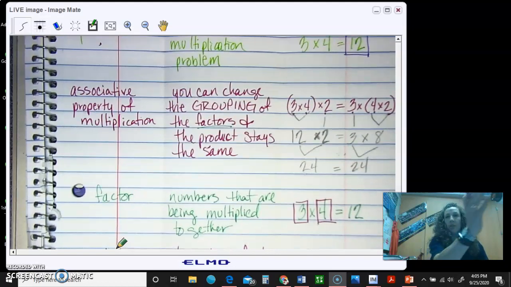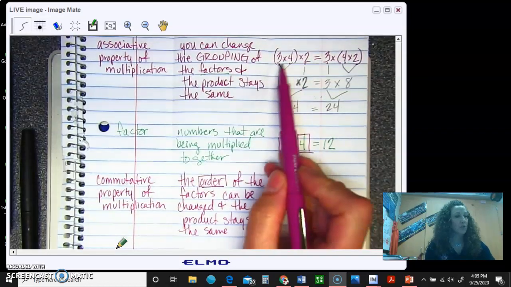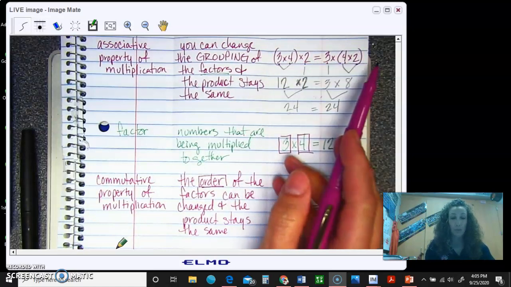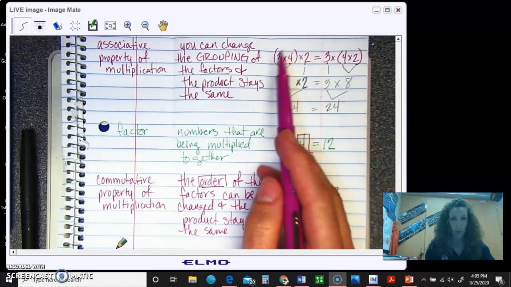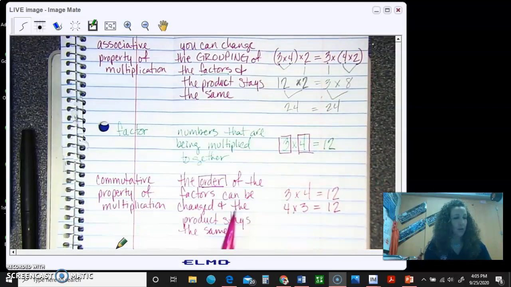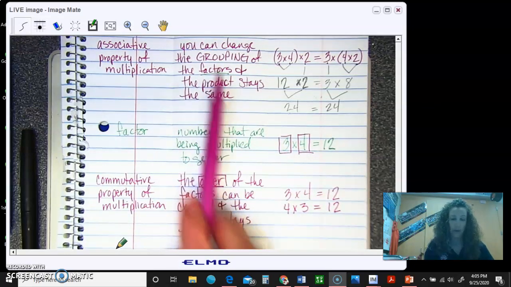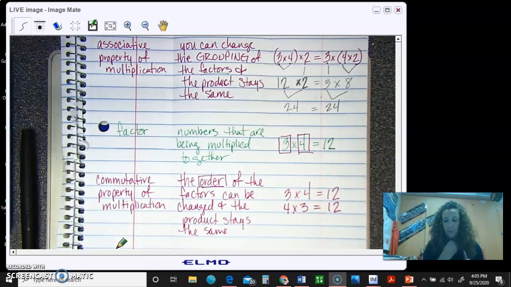Now pay attention to the difference with the associative. The associative has groups of multiple factors. So you're changing your grouping. That's why I capitalized that. You have to keep that separate from the order of the factors versus the grouping of the factors. Okay? All right,